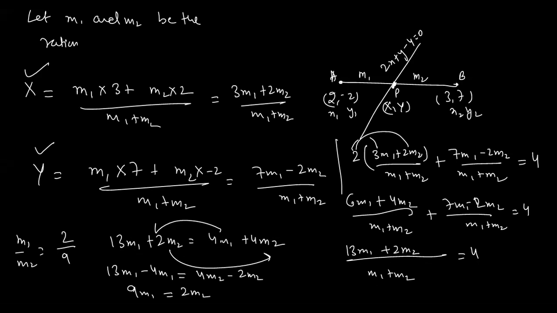So this m1 will come to this side. So m1 when it comes to this side, it will become (13 - 4)m1, and this 4m2 here, and this 2m2 will go to that side, and become minus, will become 2m2. Now m1 upon m2 I write like this way, and I have to decide whether I have to write 2 upon 9 or 9 upon 2. So I write here 2 upon 9, because if 9 goes to that side, it will again become 9m1, and this m2 will come to this side, it will again become 2m2. So the required ratio of m1 and m2 is 2:9.